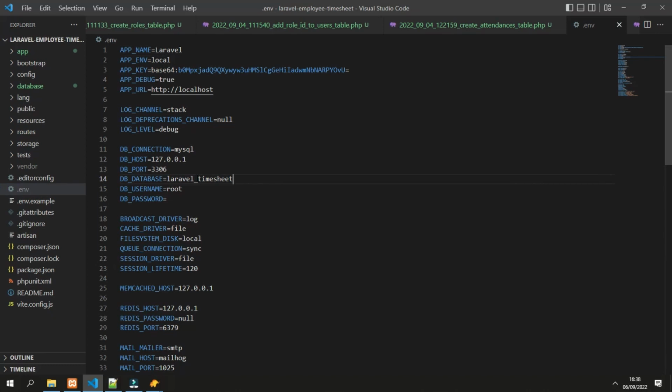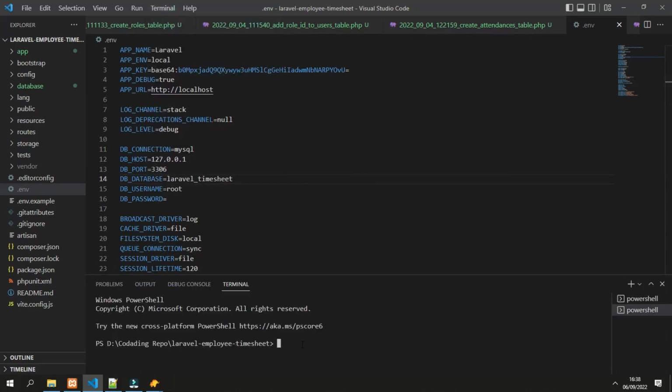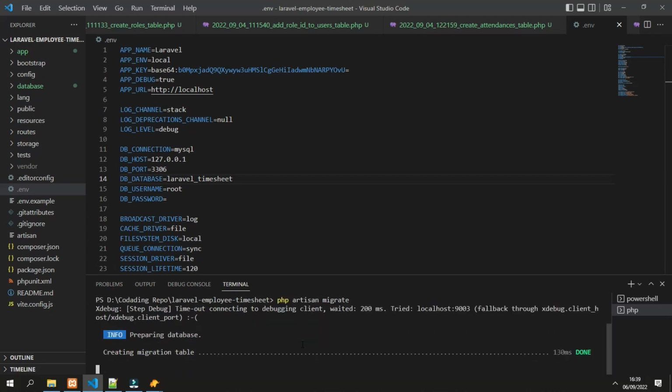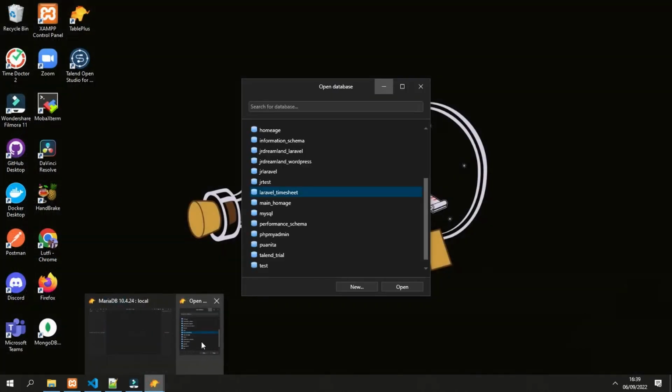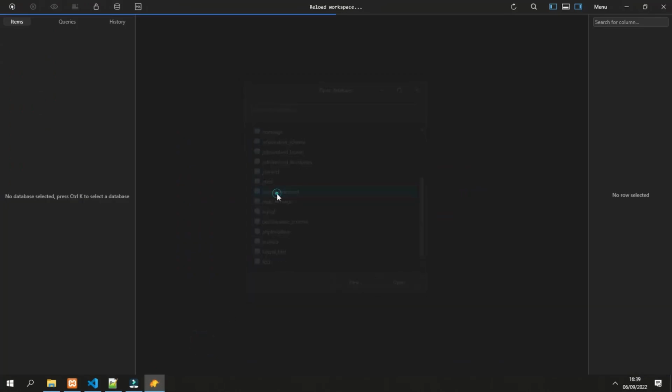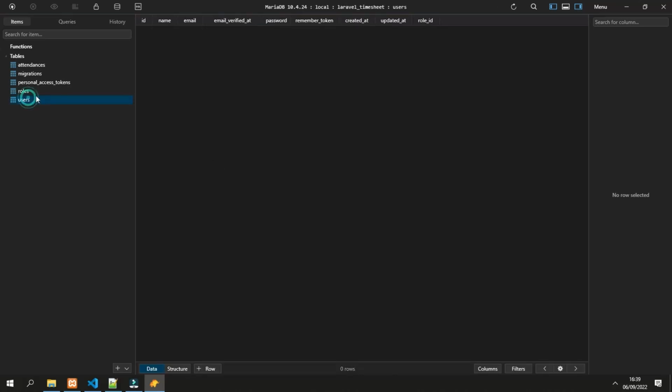After we click save, we open a new terminal again and run the migrations with the command php artisan migrate, and let's see if our tables are correctly created. Now all the tables are created, and we can check in the tool that we have. In here there are already the users table, roles table, and attendance table, and they are still empty.